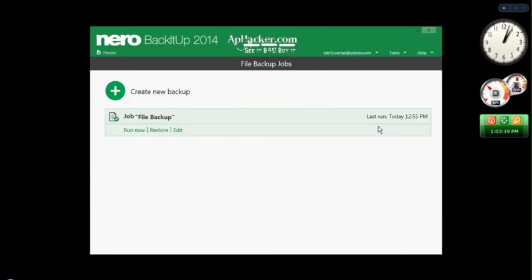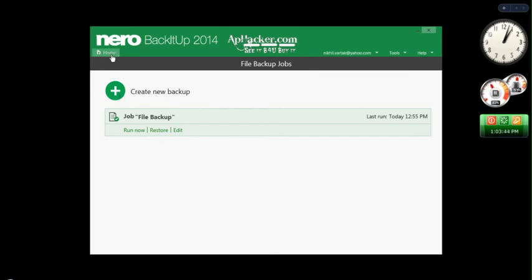File backup jobs. This was the file backup we just ran, last run today 12:55 PM. Now you can restore it or run again. If you run again, it will update all the latest folders and files which are newly added inside the particular folder that you have selected. Or if you want to create a new backup, you can start creating from here.